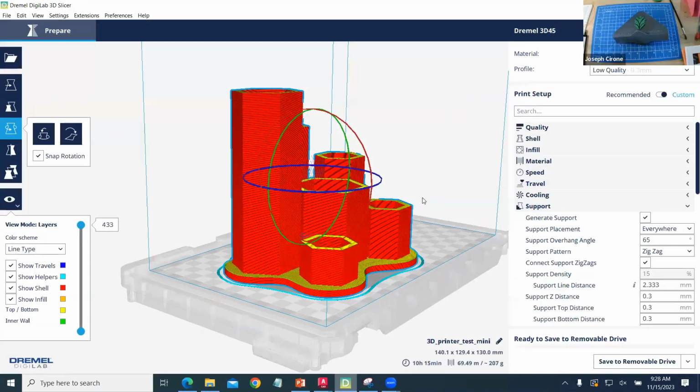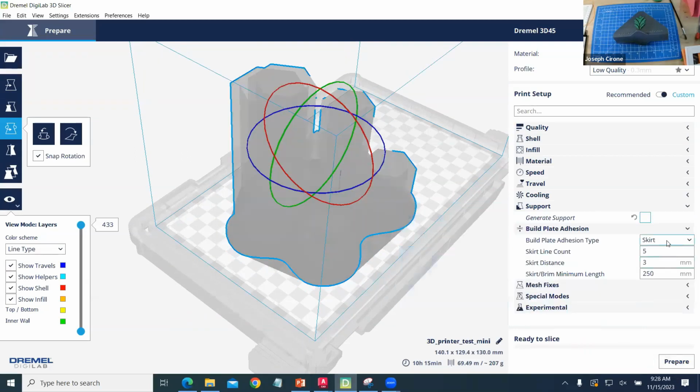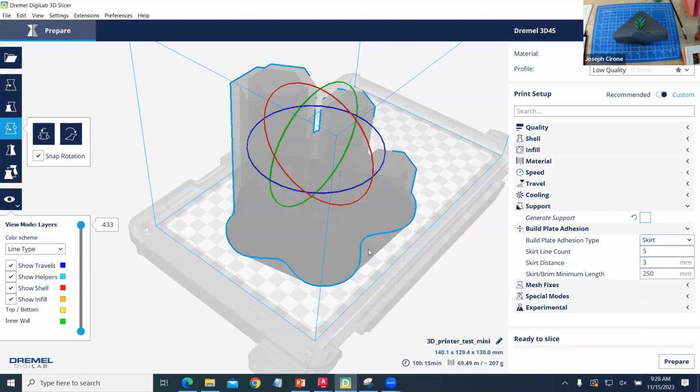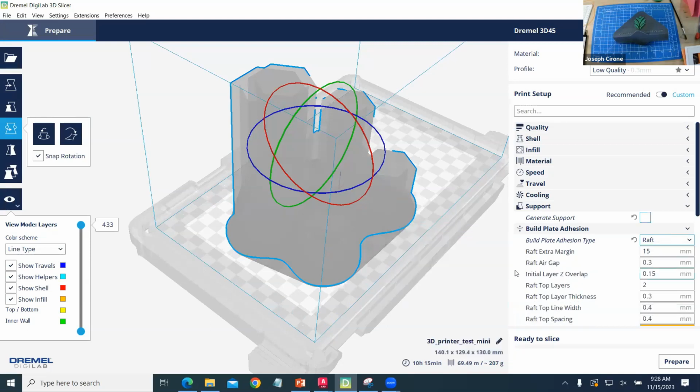Yeah, if we wanted to look at some of the different examples, okay, so let's disable our support here. I will put a skirt on because it will prime the nozzle for the first layer. And the first layer is the most important because that's what sticks to the build plate. But what we will find is that we can use something like a raft instead of a brim, and that will give it an even more firm